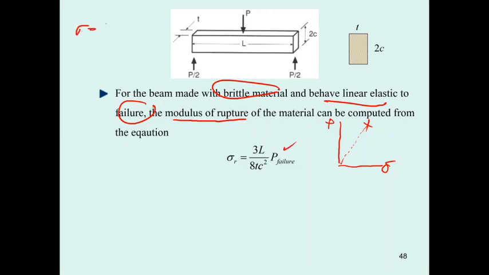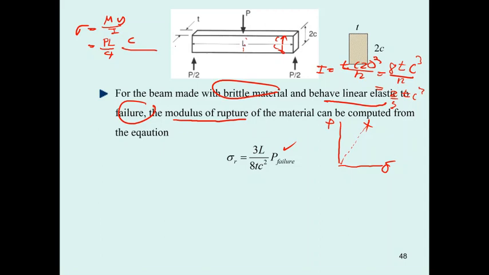This is sigma equals M y over I. Thinking about this, I equals what? t times (2c) cubed over 12. So 2 to the power 3 is 8, so it's 8 t c cubed over 12, which is going to be 2 over 3 t c cubed. And the moment due to the 3-point loading is going to be, we know, P L over 4. And then the y you measure up, or measure down, is going to be equal to c. Then you divide it by this one,